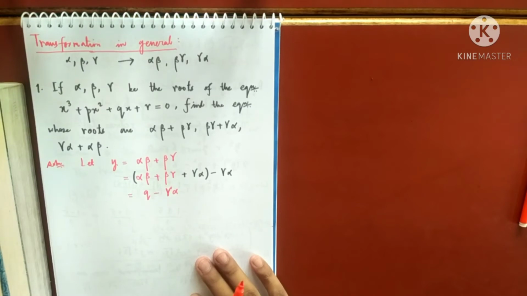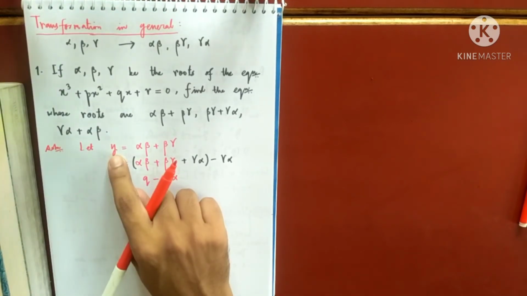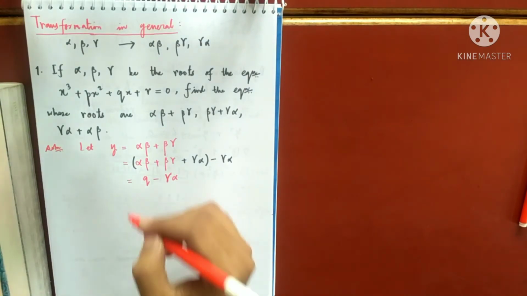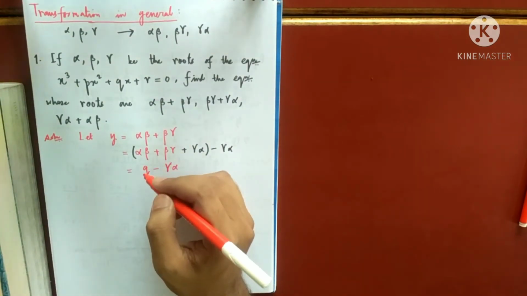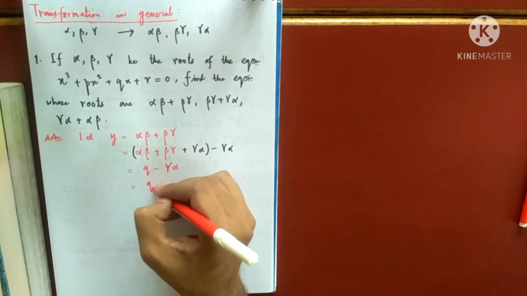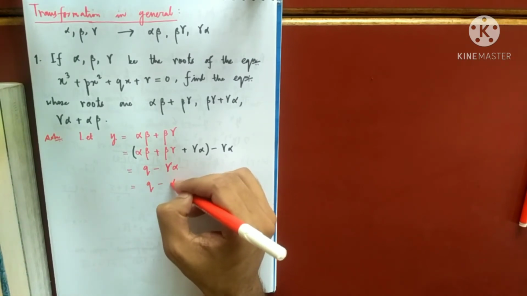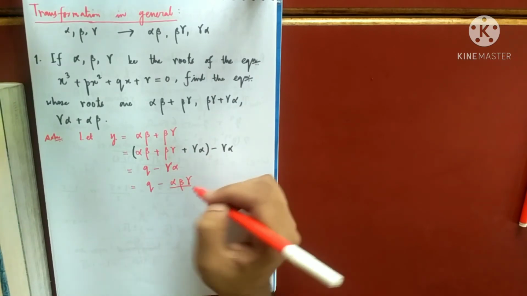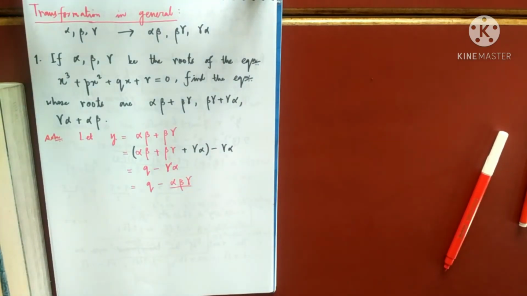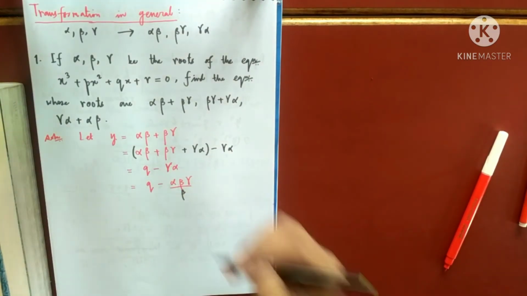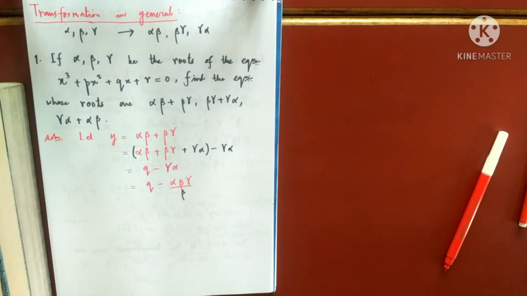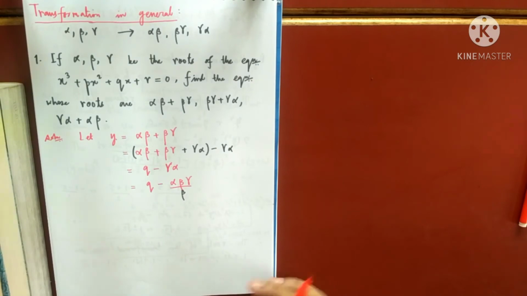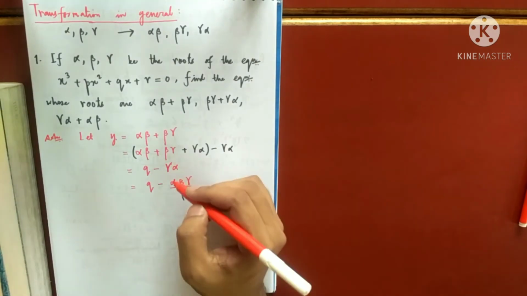Now still we are not done, because y is a function of alpha as well as of gamma. That will not do. I have to express it only in terms of one of them. So now there is alpha, there is gamma. So I will include beta by myself and I will divide by beta. I am assuming that beta is non-zero. I am assuming that none of the roots are zero. Okay. So what will this become?